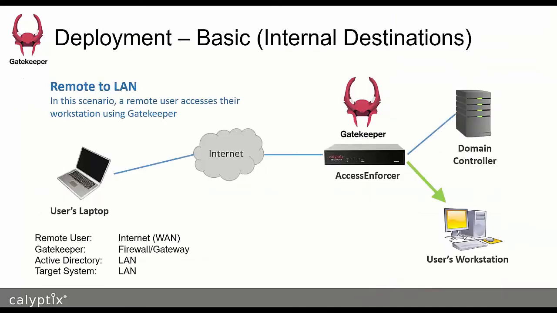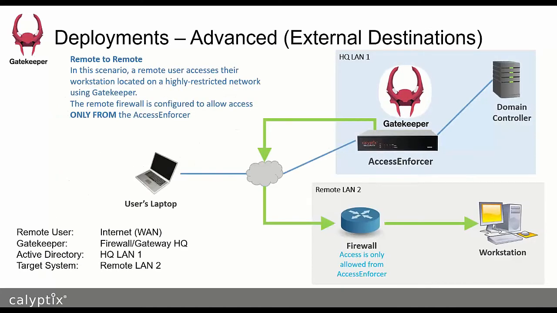So again, I already went over the basic setup earlier, and then a more advanced setup is where you can actually use Gatekeeper to authenticate to one AccessEnforcer and then relay and control that access through an access control rule to another site, such as a branch office that operates an Access Enforcer or even a different firewall. So if you have a customer that needs to get to a workstation at that branch office, you can still use a single instance of Access Enforcer to facilitate effective and safe use of RDP at multiple locations for the